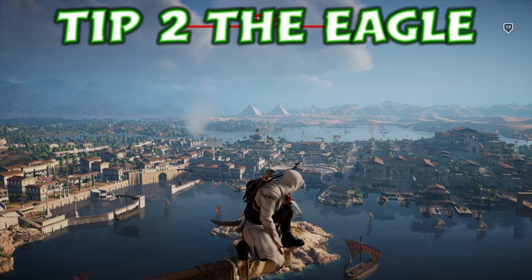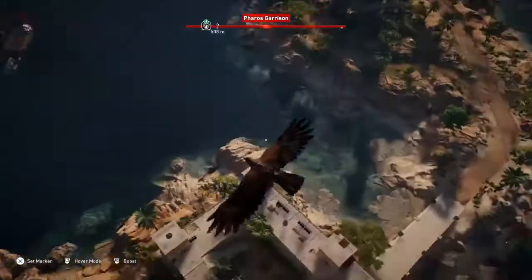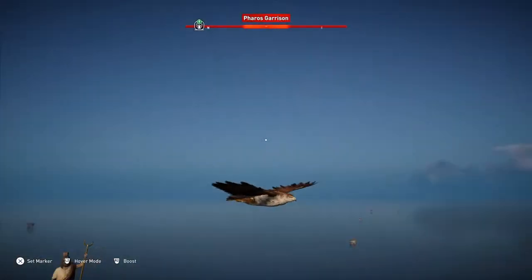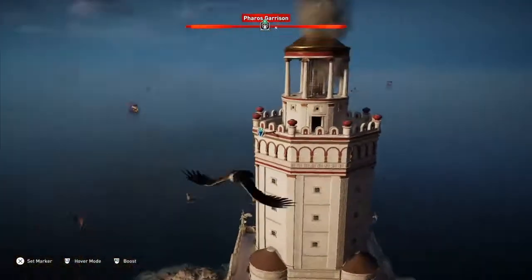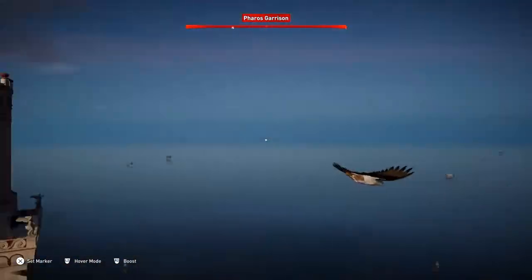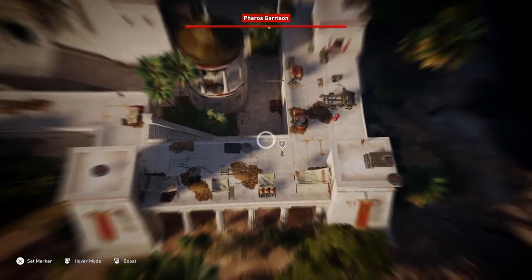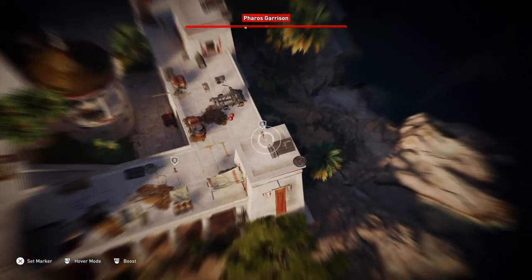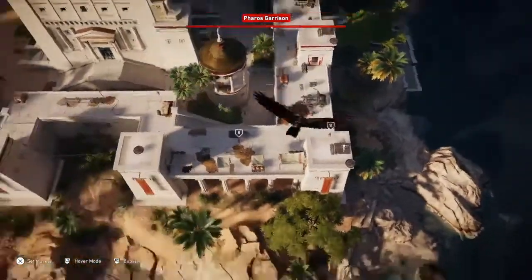So tip number 2, use the eagle religiously. The eagle is your best mate. 1, it's an awesome addition to the game, being able to use the eagle instead of eagle vision. 2, it lets you fly around the map, and this map is beautiful. 3, it's the same thing as eagle vision, but it allows you to be able to mark your enemies, mark targets, mark treasure,